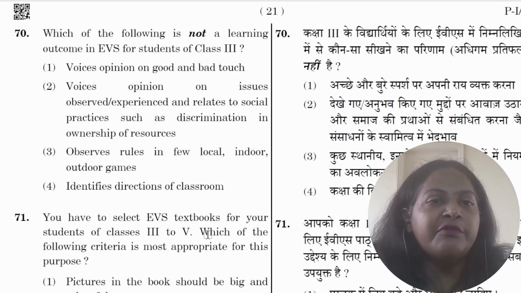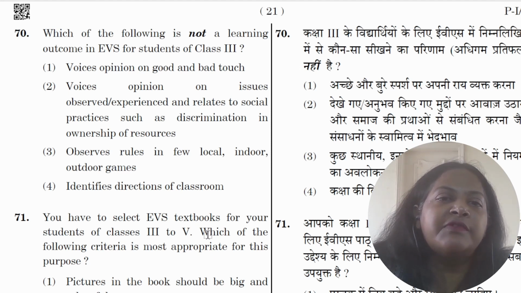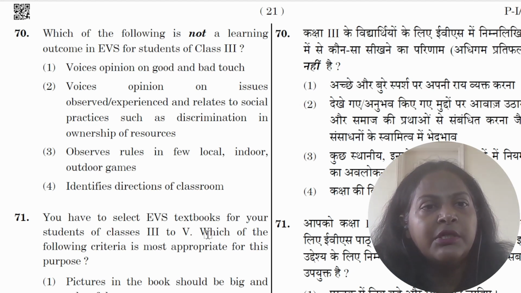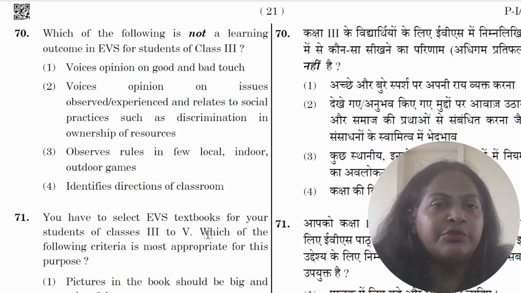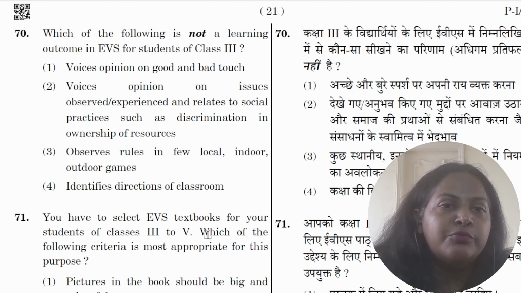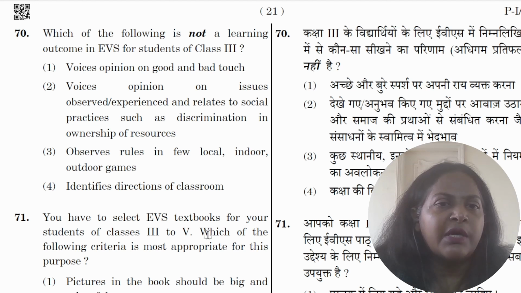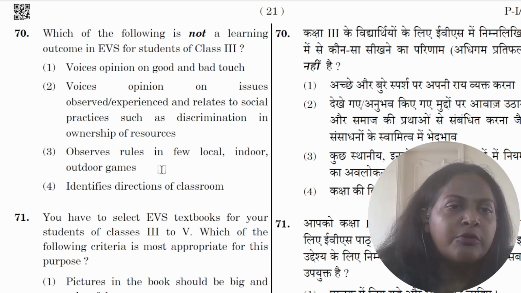Question 70, which of the following is not a learning outcome in EVS for students of class 3? Voicing opinions on good and bad touch. That should be voices opinion on issues observed, experienced, and related on social practices such as discrimination and ownership of resources. So I don't think ownership of resources a child should be talking about at this age. Observes rules in a few local indoor outdoor games.